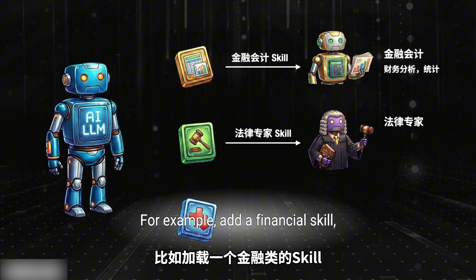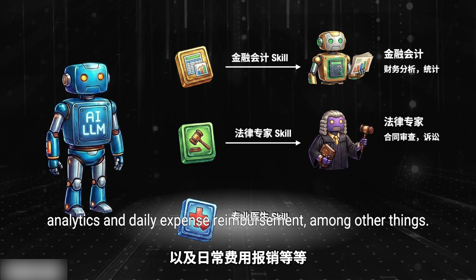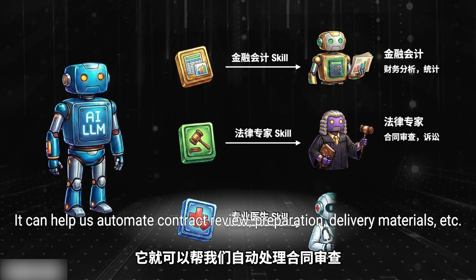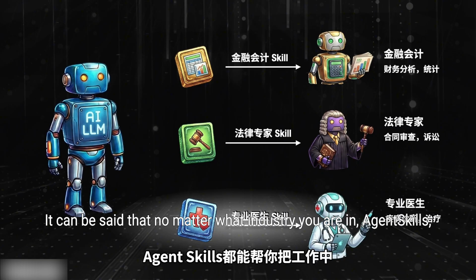For example, add a financial skill. It can help us automate finances, analytics, and daily expense reimbursement, among other things. Add a legal skill. It can help us automate contract review, preparation, delivery materials, etc. It can be said that no matter what industry you are in, agent skills